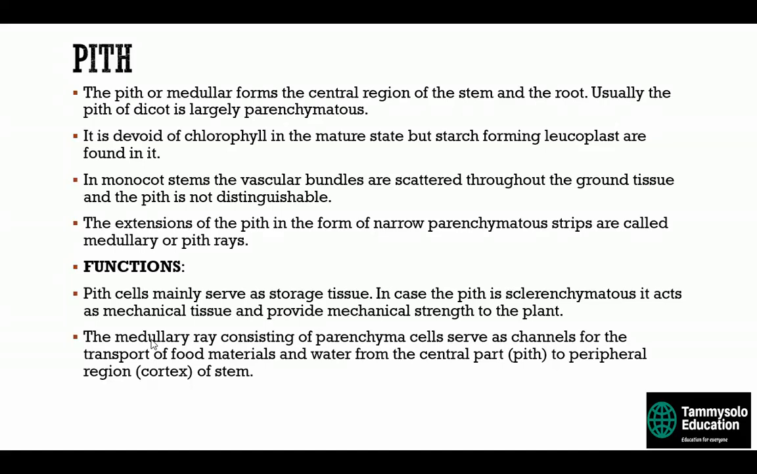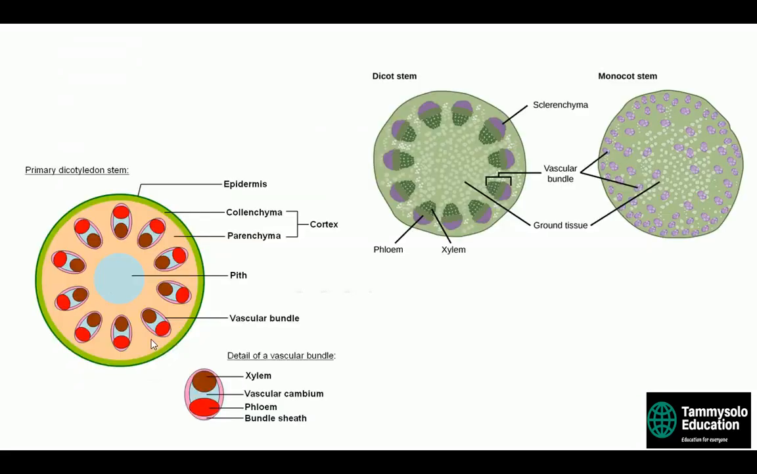The medullary ray consisting of parenchyma cells serves as channels for the transport of food materials and water from the central part to the peripheral region of the stem. So in dicot, this is where the pith is defined. This is the cortex, immediately after the endodermis, in between the vascular system and the epidermis. The ground tissues. So we have the cortex, which is made up of collenchyma and parenchyma, while the pith is in the middle